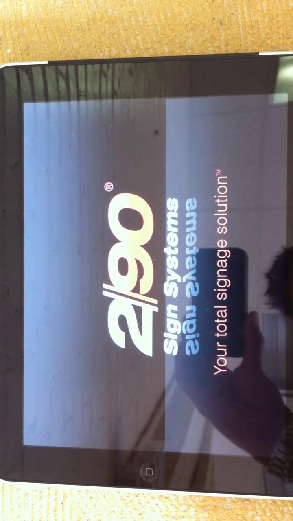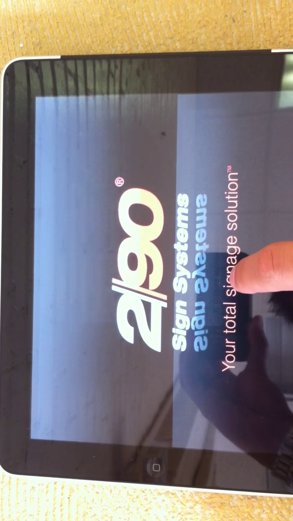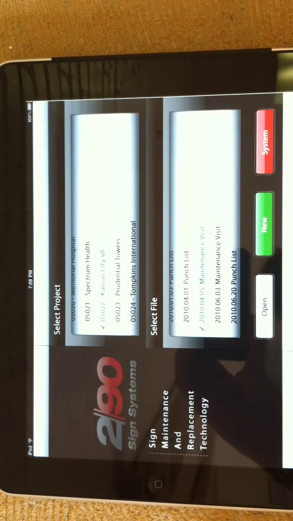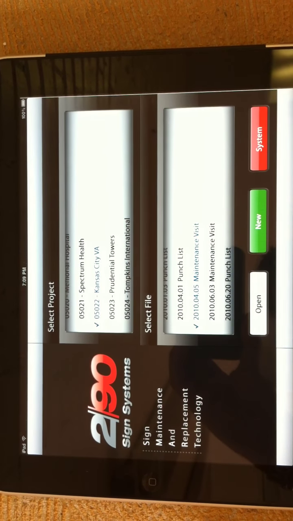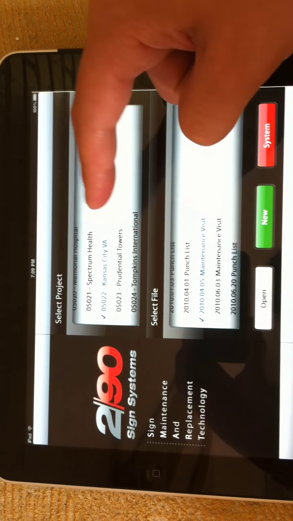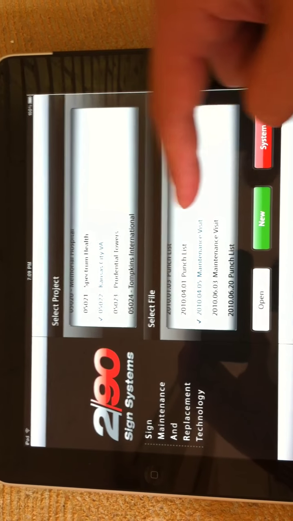So here is the 290 Sign Systems prototype iPad application. It's for the Smart System. Start off with a splash screen that's subject to change, and then that pulls up the starting screen, which allows us to select what project we would like to choose from with a picker, and also